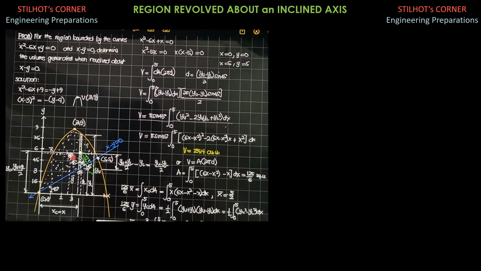So likewise, by direct application of the Pappus theorem, we first find the area of the region. Then after that, we locate the centroid. We call it barred x, barred y, and we substitute into the formula for the distance from a point, this point here, the centroid, to this line here, which is the axis of revolution. To do that, we compute first the area, which is integral from 0 to 5 of upper y minus lower y dx, and you will get 125 over 6 square units.